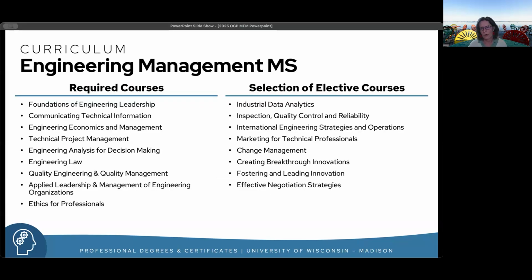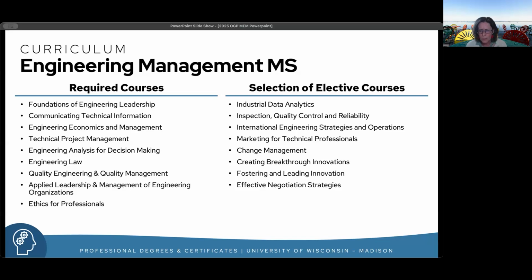So I want to bring up the overall curriculum to show you some of the other components. The required courses, you saw all of those listed in that sample plan. But within the electives, some of the other courses that you might choose could be the industrial data analytics course, the inspection, quality control, and reliability course if you're focusing on manufacturing. We talked about the other two.